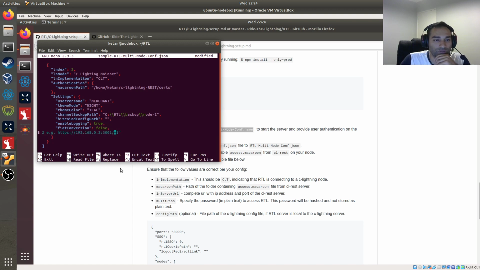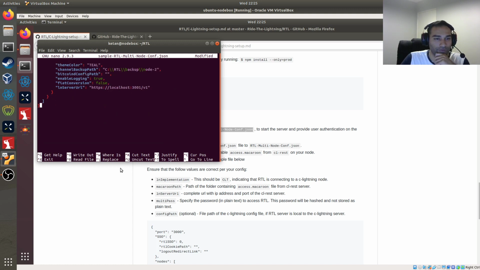The most important thing that we want to do is make sure we push this through to the right LN server URL. We're going to make that localhost 3001/v1. Okay, so that's the Lightning REST location that we're going to push that through to, and that's the end